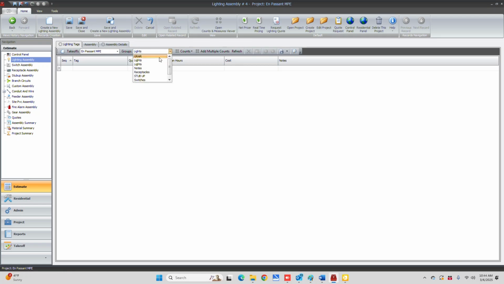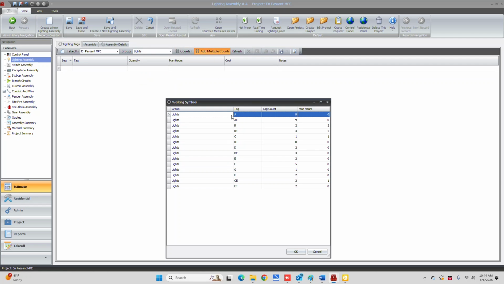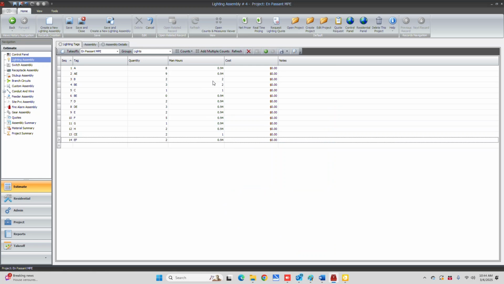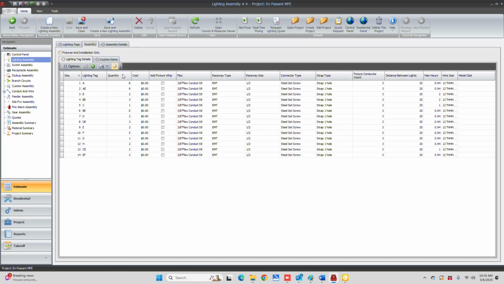Now, also, this is a test, so I have 2 lights, but I think the one we're working on is the second lights. Add multiple counts. This is the one we're working on. We're going to hold the Shift key and enter the last light fixture, highlighting them all blue. Hit OK. And now they're all entered into the estimate. We hit Save next and Assembly. From this assembly,